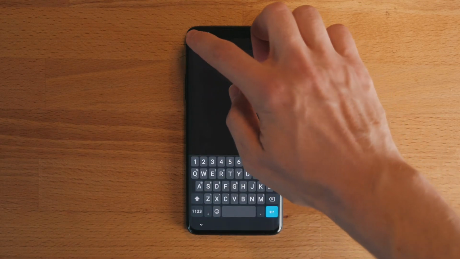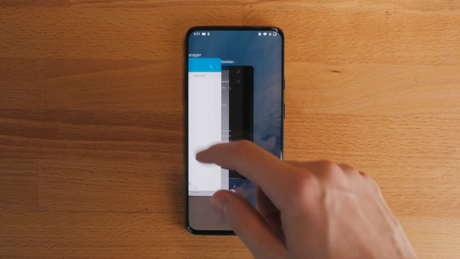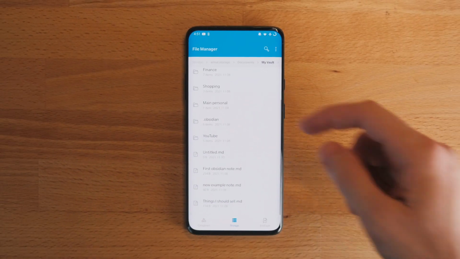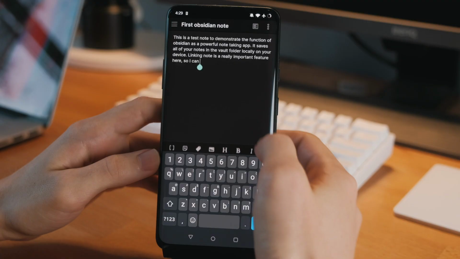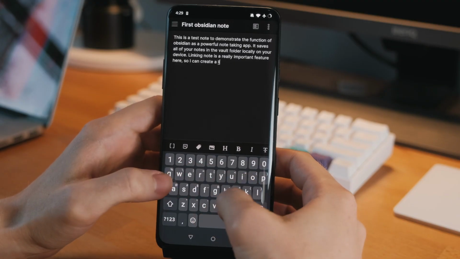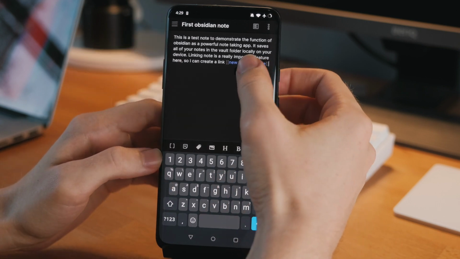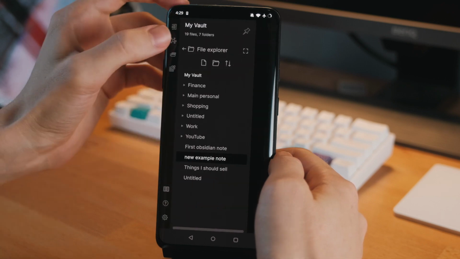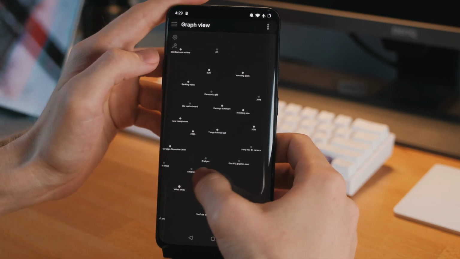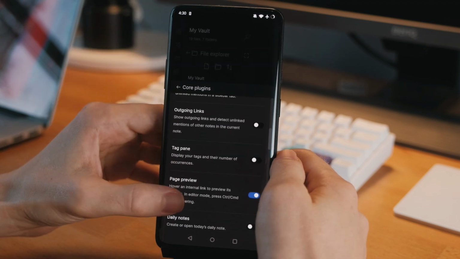At its core though, OBSIDIAN simply stores your notes as markdown files in a folder structure locally on your device, which means your data is always going to be easily accessible. When it comes to actually taking notes, it has all of the basic note-taking functions you'd expect, but it also lets you create links within notes to other notes, which is going to allow you to easily connect your ideas. It also lets you view a graph to see visually how all of your notes are connected, and it even lets you add plugins which can extend the app's functionality even further.